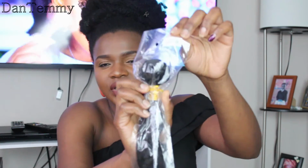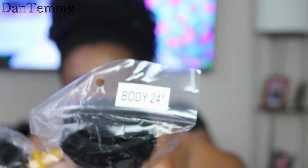So as you can see, this says 28. It says body 28. The first impression is it's quite soft too, but it smells like a horse. Oh my God. This smells like, it seems as if they shaved the horse's hair and then dipped it in the same horse's pee. The other one, I don't even need to wash it because it smells really good. This one smells like wet meal? When I did this run-my-finger-through